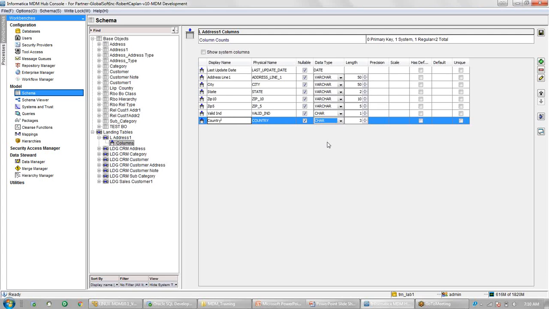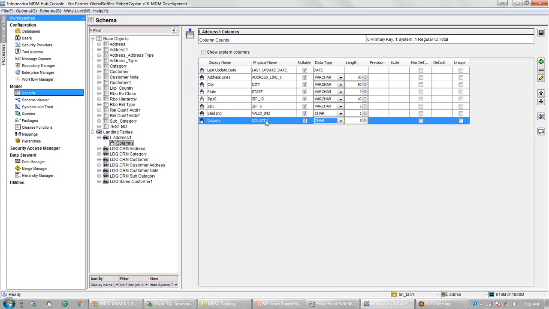So the landing table specifies the number of columns, but even the columns themselves may have a different format? Correct. It might be, because, for example, in your landing table we have first name, middle name, and last name columns. And in MDM, for example, I am just keeping a display name, a full name column. So I'm concatenating all of them and passing them into the display name column. So the structure can be different. The base object and the landing table structure can be different, but the base object and the staging table structure is nearly the same. Yeah, staging, yes, but not landing.